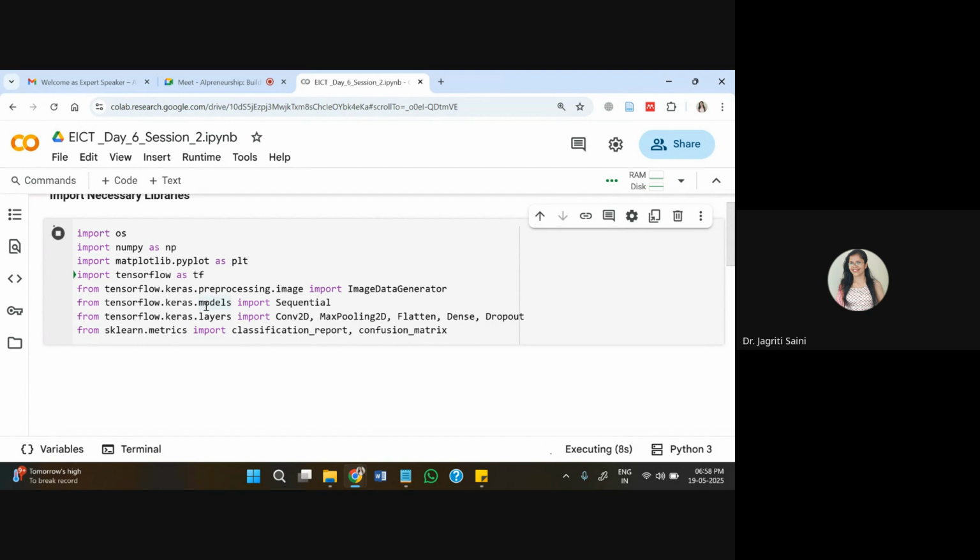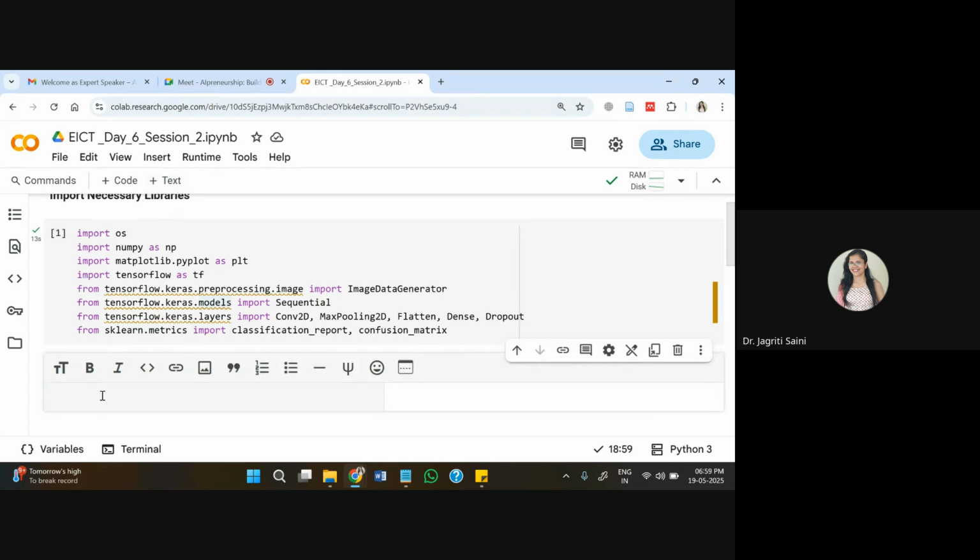In my case, I'll take it from Mendeley repository directly because there it is in a much better organized manner. So for that, I'll put up a task here: set data path to get pneumonia dataset, or simply set path to get pneumonia dataset.